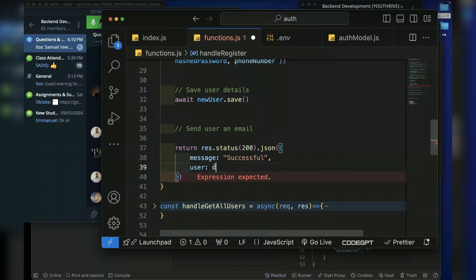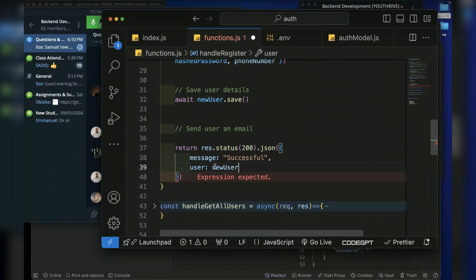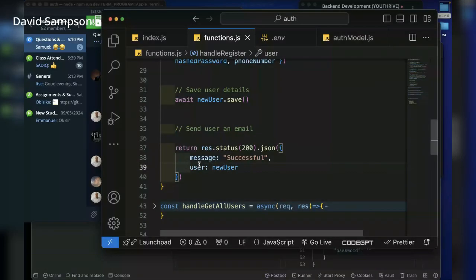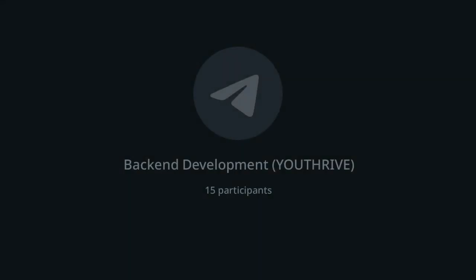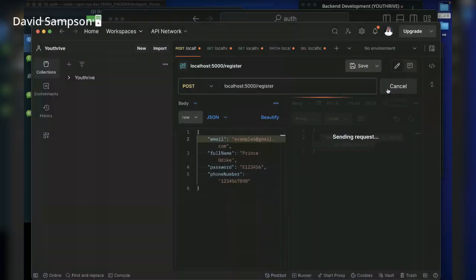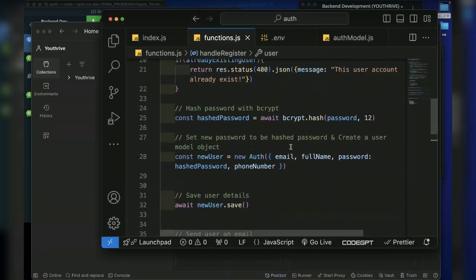Let's leave that. We'll just return the whole new user. I think I remember what to do again. Let's just return the whole user. But normally you will not return the user details. You will just send the user an email. So the front-end developer will just be told it was successful, and that an email has been sent to the user. Now that's where the second thing comes in,